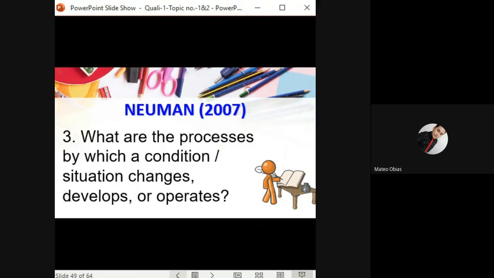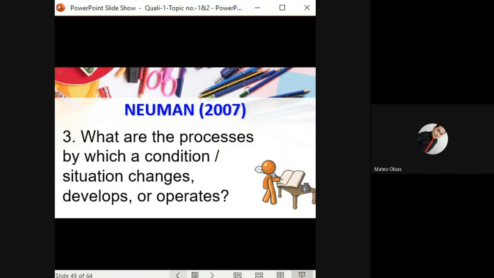tanong, example, perceptions on the impact of low grades on a student's self-esteem. Oh, ayan. Impact daw ng mababang grades sa student self-esteem. So ano ang methods of data collection? So methods of data collection can be personal blogs or compositions and interviews, analytic methods and discourse analysis, conversation analysis among others. So marami. So pag-aaralan natin tong mga data collection na to. Okay? So we're going to learn from the data collection procedures.